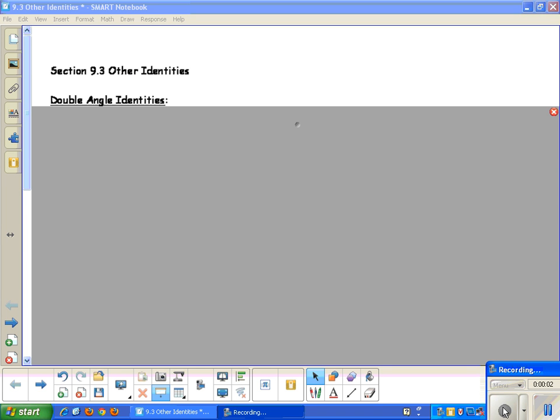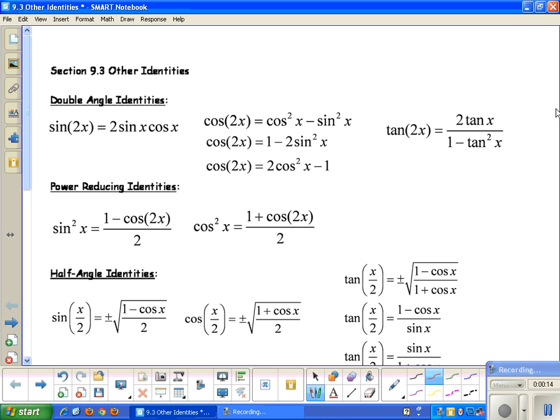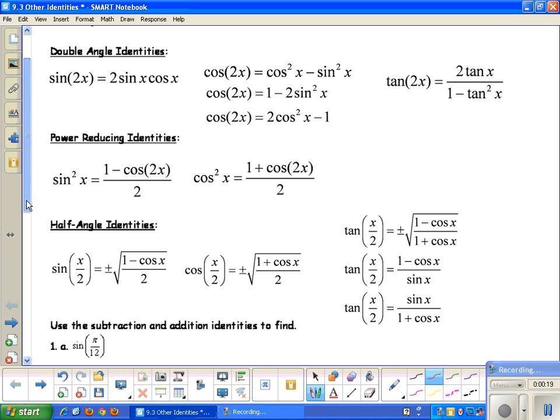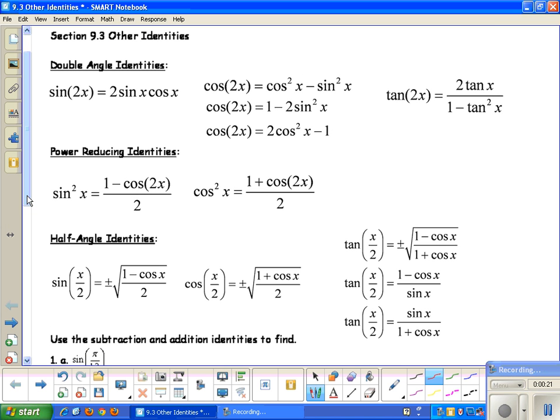Section 9.3, Other Identities. Now, the other day we talked about how to derive all the identities, so what I would do is I would pause the videos and see if you can write them down from memory. Okay, so here are the double angle identities, the power reducing identities, the half angle identities, so make sure you